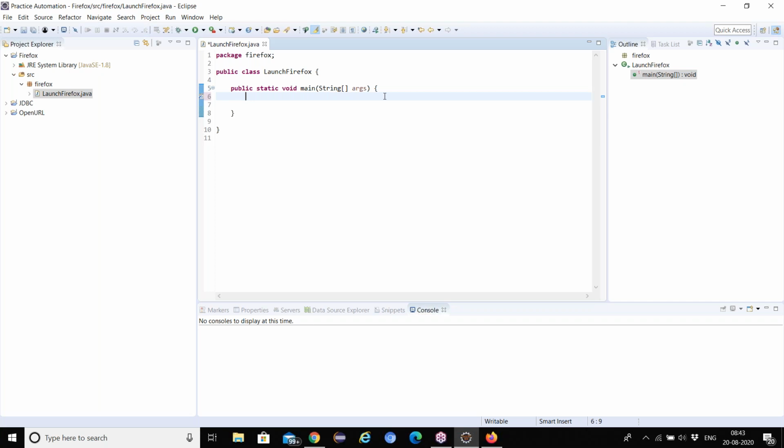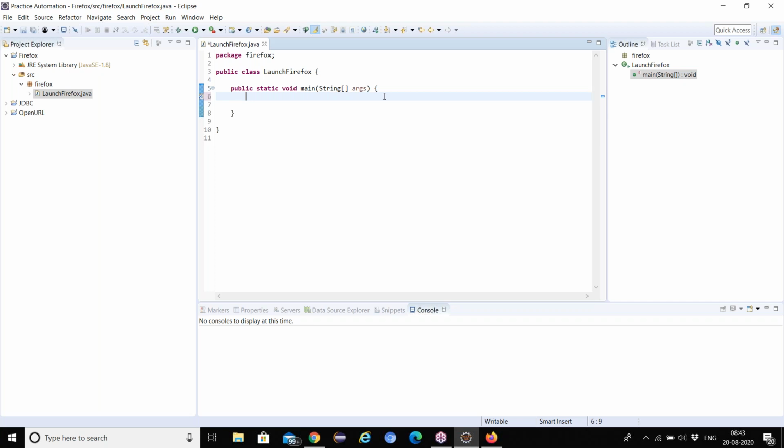Okay, now we create a class. Now what we need to do, guys? Tell me. You only tell me what you need to do now. After that, what we need to do? We need to add the jar files, right? So where do we add the jar files? Tell me where we need to add the jar files.